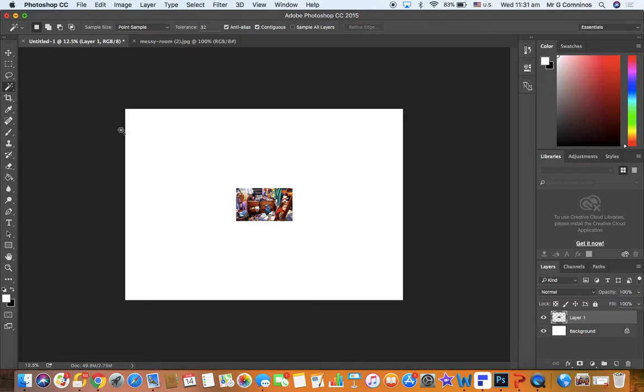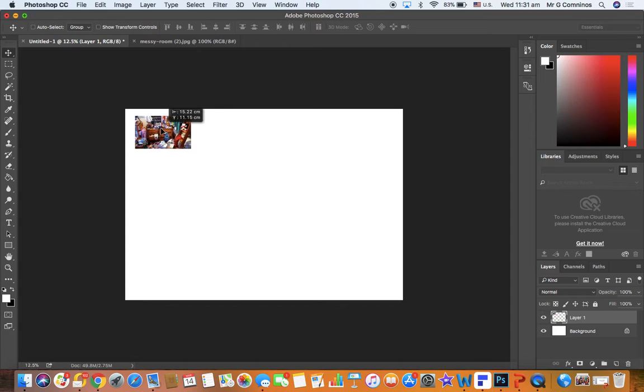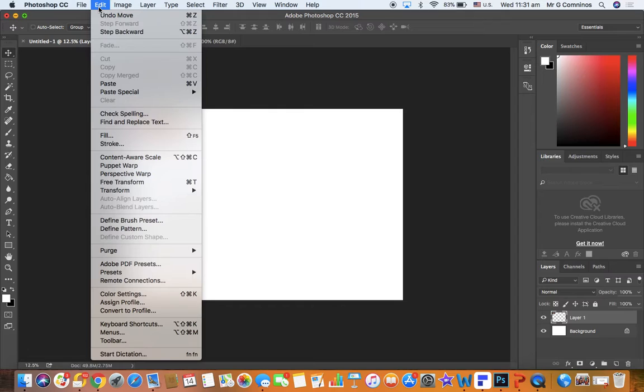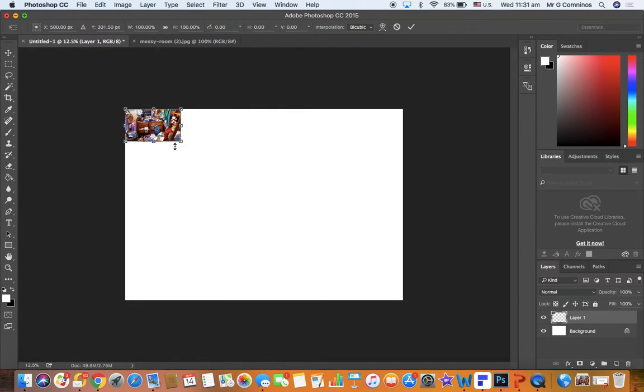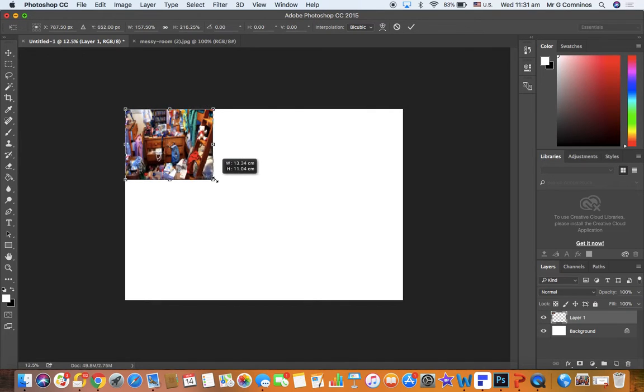So what I'm going to do is click this one, which is called Move, and move it up into the corner of this image, okay? Then I need to stretch this out so it fills the image. What I can do to do that is go Edit, Free Transform, very good. And if I drag this corner out, it will come out, but as you can see,